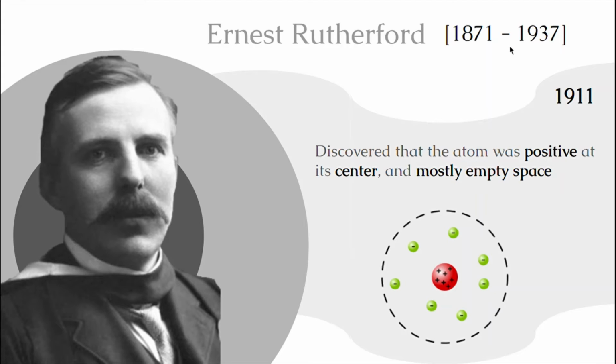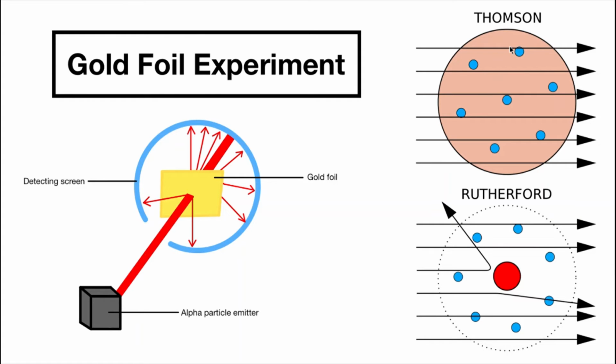1937. I believe this is the guy who actually later discovers radioactivity, but that tangent aside, in 1911, he discovers that the atom is mostly positive at the center, so the plum pudding model can't be correct. And then he also postulates that it's mostly empty space. And so the model he comes up with is that these electrons are bouncing around within the atomic radius, and there's a centralized positive nucleus.